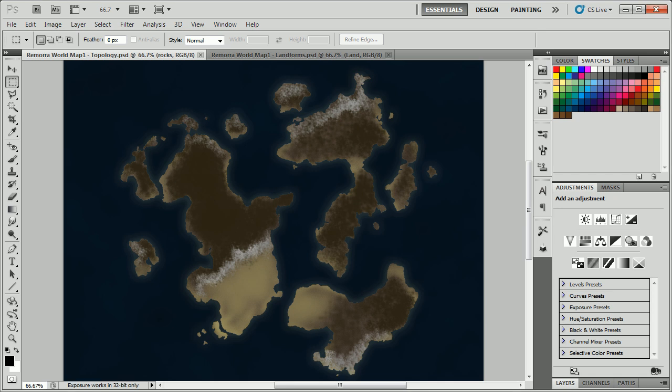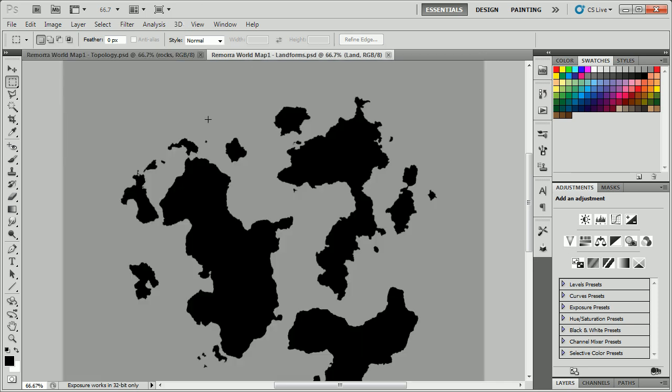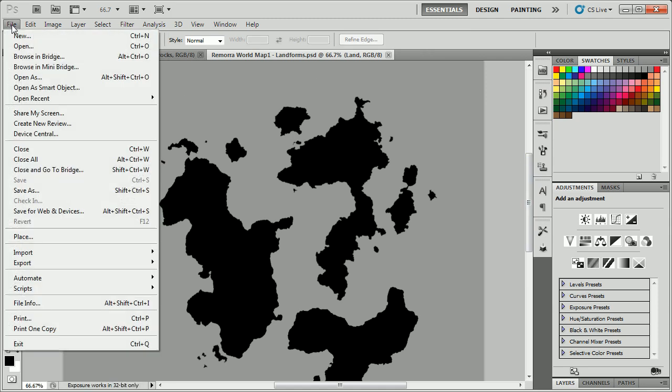Hi, I just wanted to do a quick tutorial on creating maps from scratch. If you're a game designer or writing a book or something like that, where you need a whole world, I found a really easy way to create one from scratch without having to go in and draw every single little detail on the landforms. Basically, all I did here, if we start a new image,